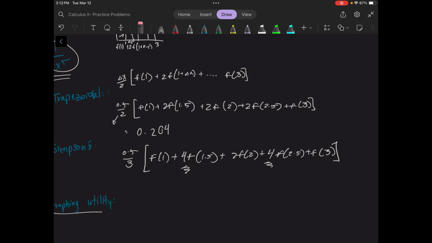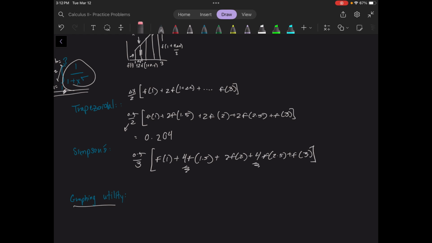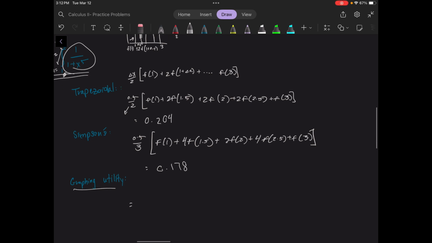You can look up how Simpson's rule works, but we're just going to go off the formula. Plug all this into a calculator, and you would assume that it would be a little bit less if the function curves up, right? Because the approximation is better, so it's closer to the curve. Now we get 0.178, okay? But when we actually plug it into the integral capability of the calculator,